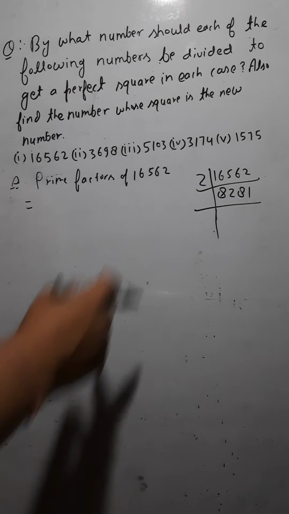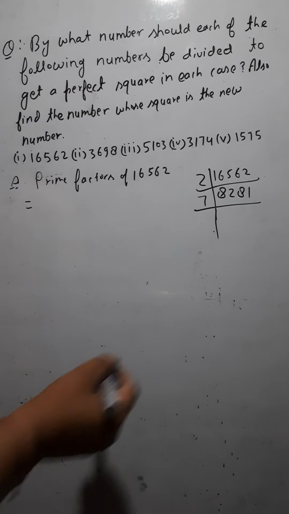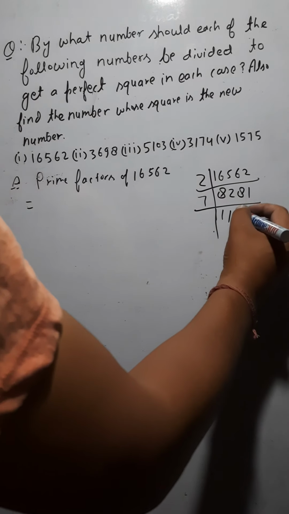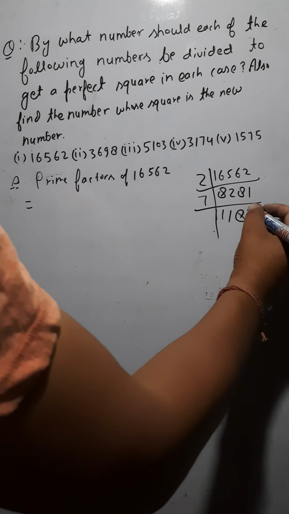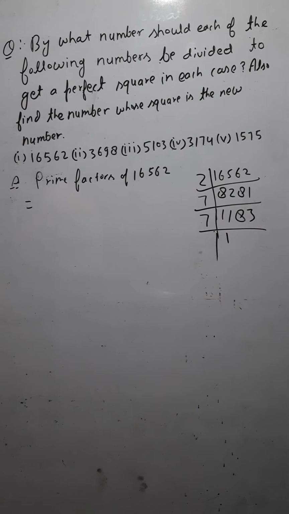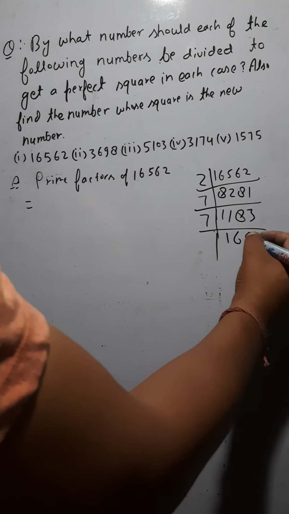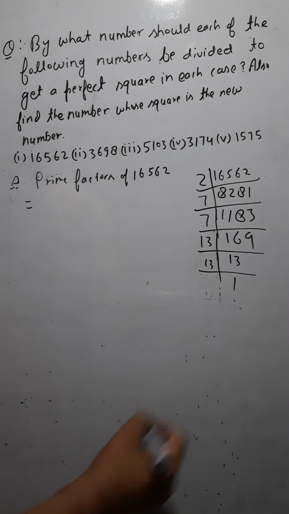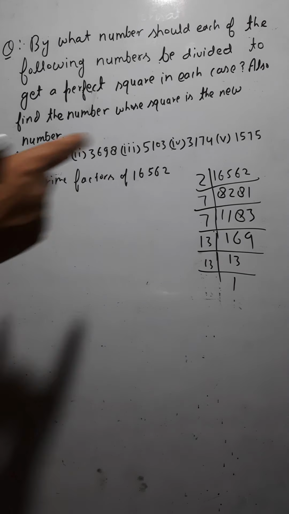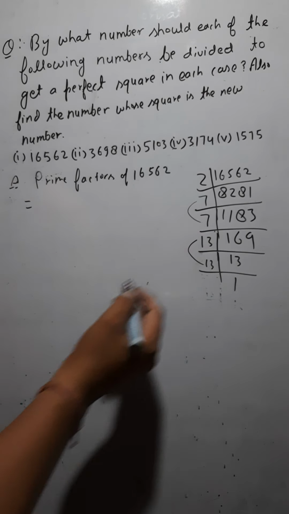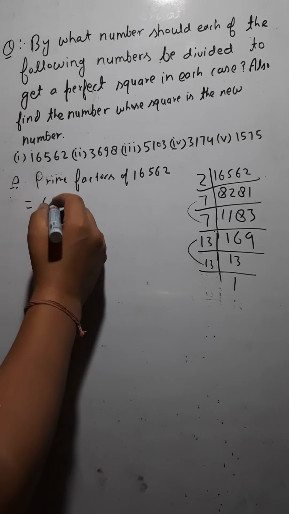Okay. Now I think it would be divisible by 7 then. Try it by 7. So 7 ones are 7, 1 left. Then you have 12 there, 7 ones are 7 again, 5 left, 58, 7 eights are 56, 2. So 7 threes are 21. Then again it would be divisible by 7 again. 7 ones are 7, 4, 7 sixes are 42, 6, 7 nines are 63, 169 would be divisible by 13, 13 thirteens are 169, then 13 ones are 13. Okay. Now if you see the prime factors of 16,562, just make the pairs as well. You have the pair of 13, you have the pair of 7 and 13. So write them together.